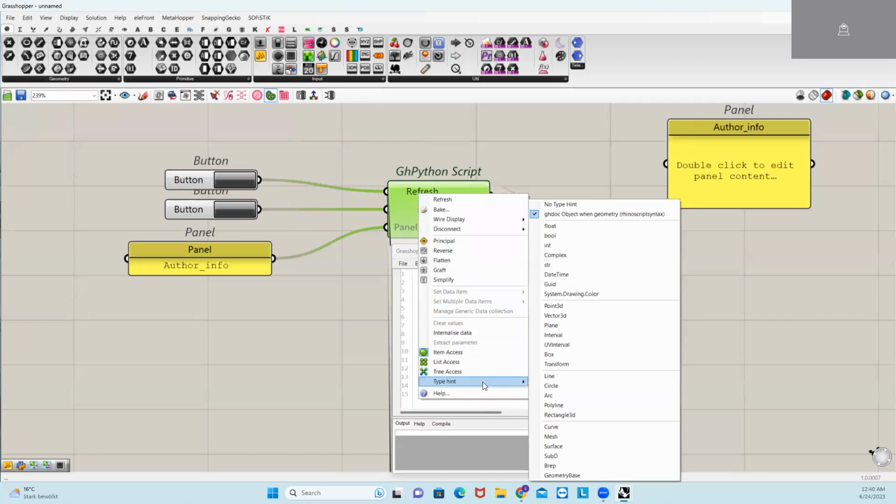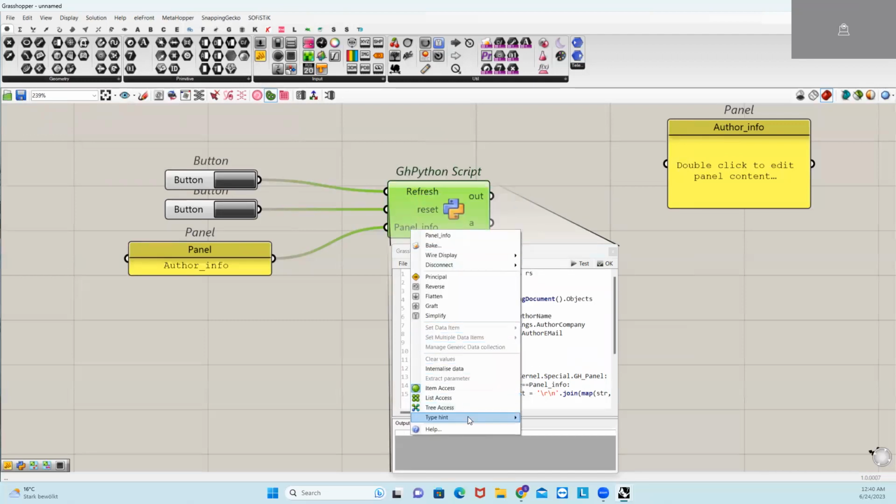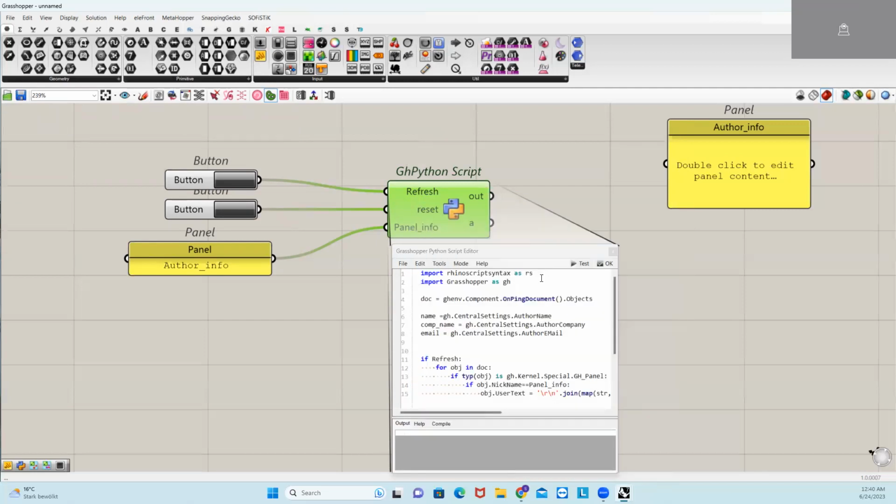Let's see. Okay. I think this is wrong. It should be type. Yeah. If type object is